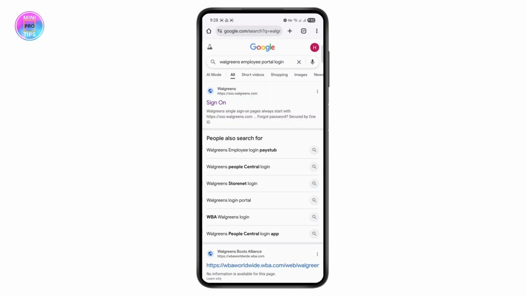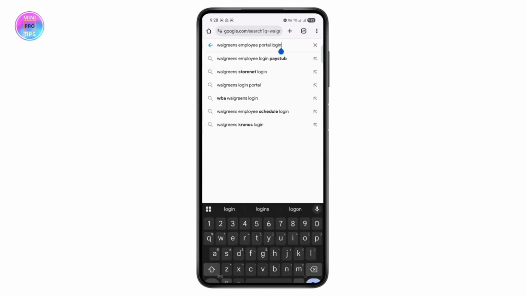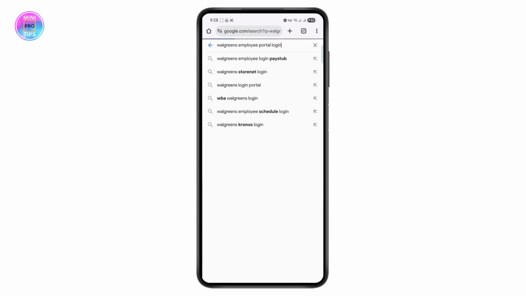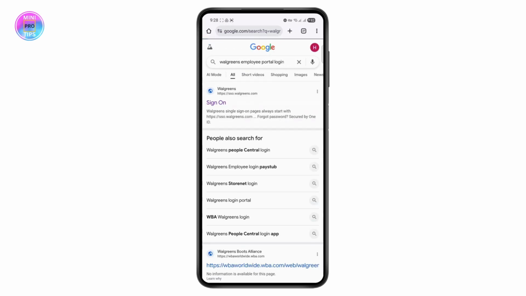Hi everybody, in today's quick video, I'm going to be showing you guys a step-by-step method on how to log into your Walgreens Employee Portal. First things first, you're going to have to simply go ahead and search for Walgreens Employee Portal login on your web browser, hit the search bar, and then click on the first link that says